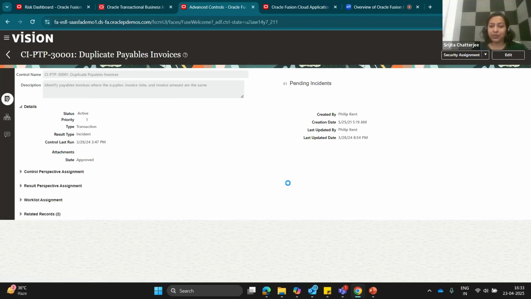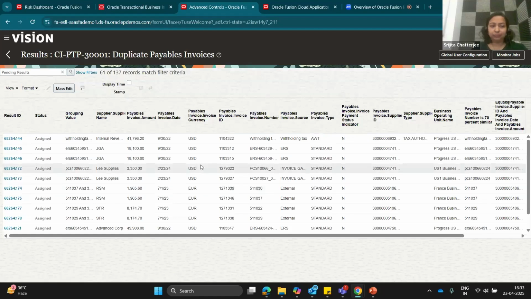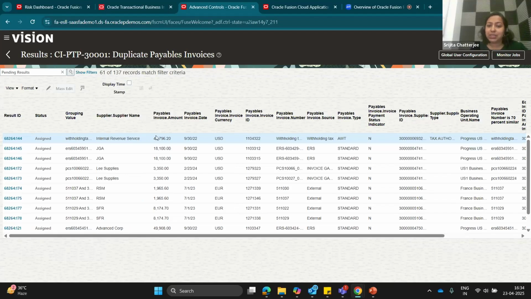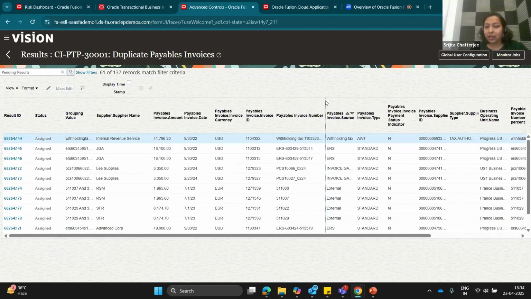I'll just quickly take us to the incident page, which is the final output over here. And I'll just take one line item over here. So these are some of the columns that we can choose that we want to view over here. We have the choice to see which information is required or not. So what we have over here is the name of the supplier and all relevant information that might assist in this investigation. We have the supplier name, and I'll just take us to this part where we have the payable